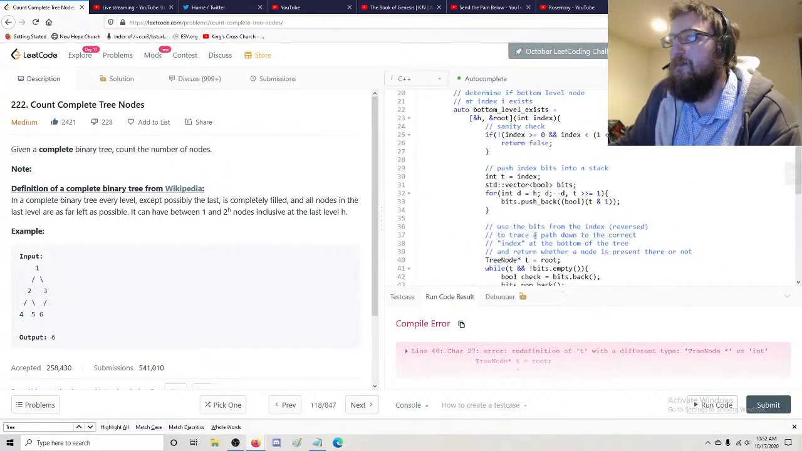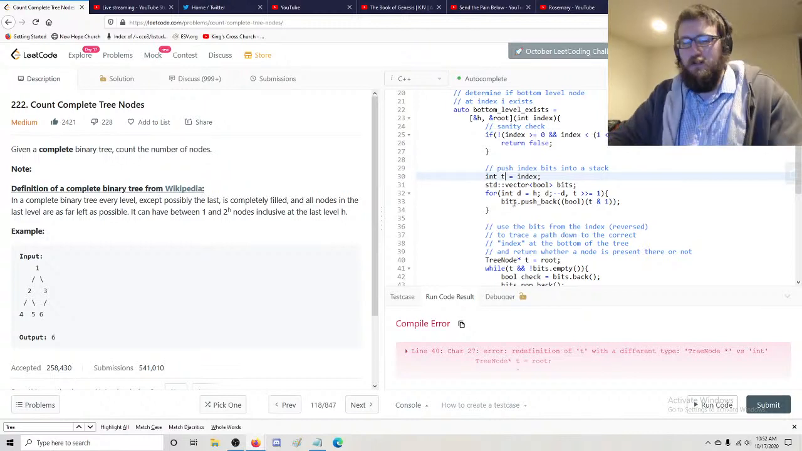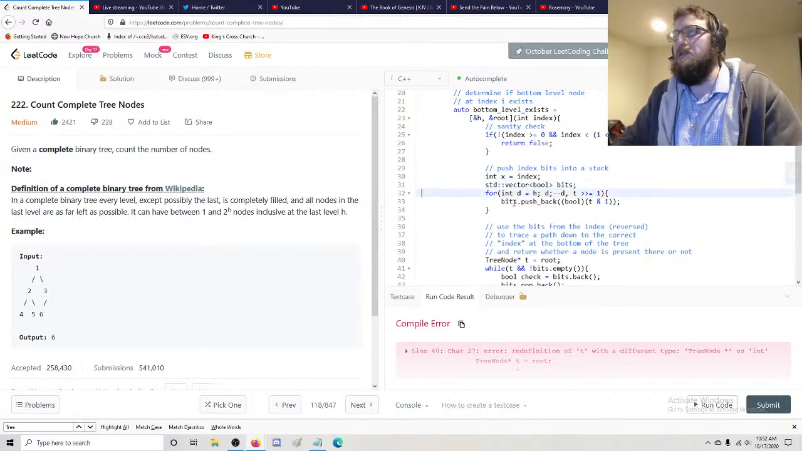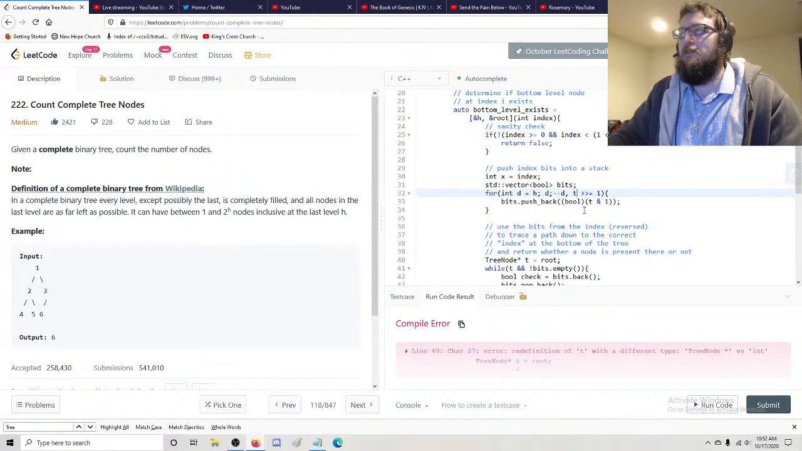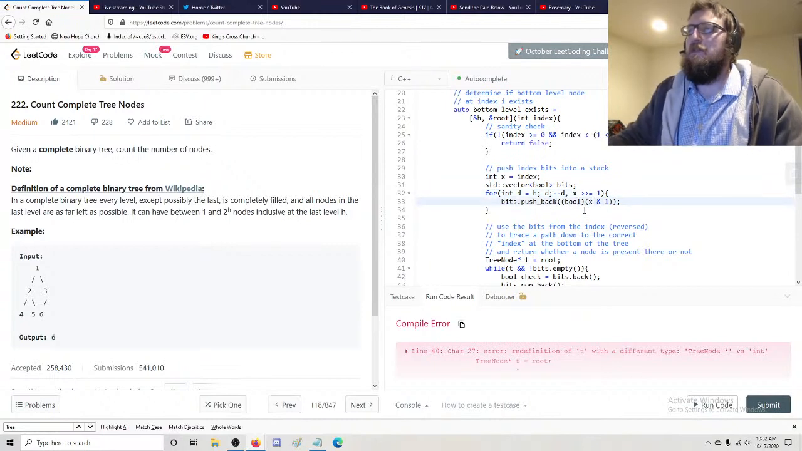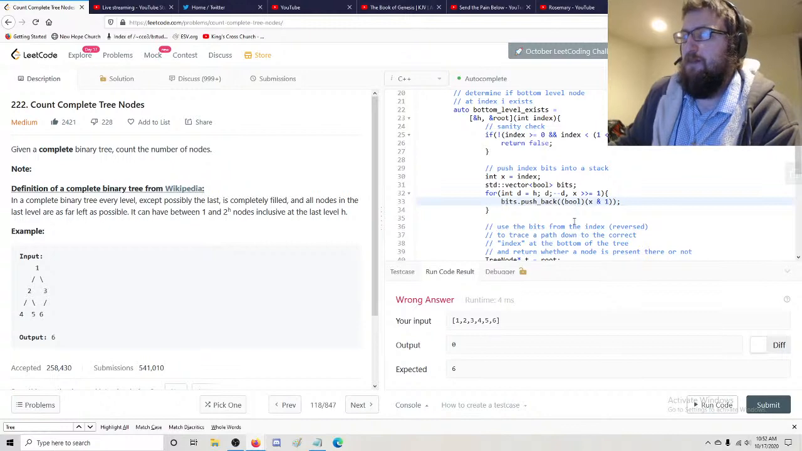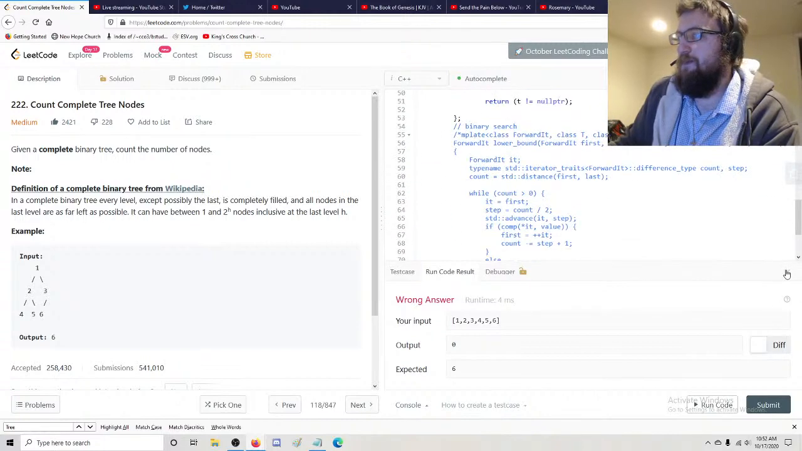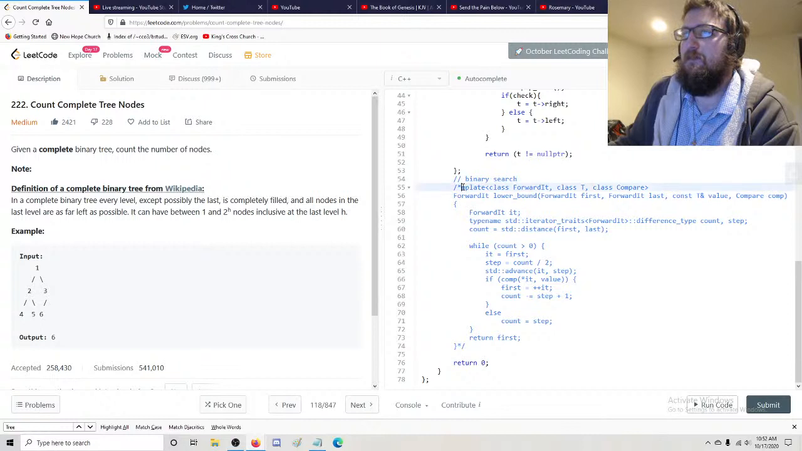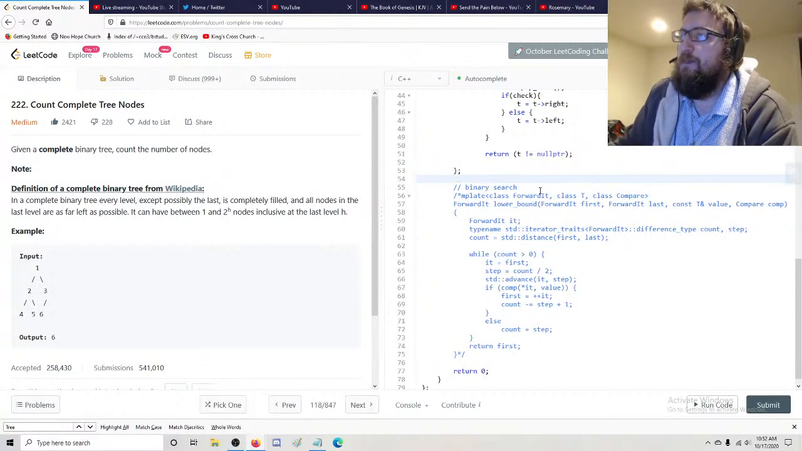T of different type. Oh, index T. Could just call this X. This doesn't really need to. I'm just thinking like temporary value. Okay, so all right, compiles. I was confused why it's not compiling. So we've got to modify this binary search. And we don't need a forward iterator anymore. We just need